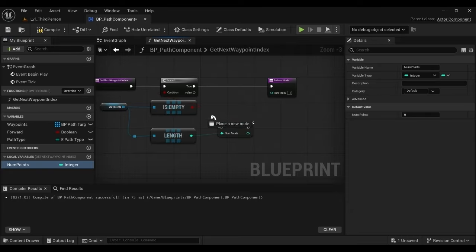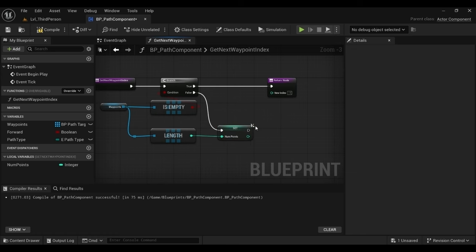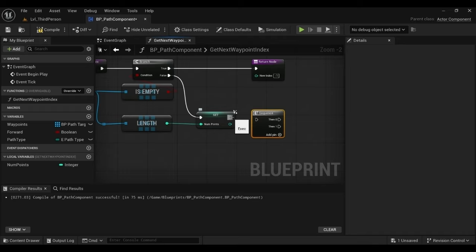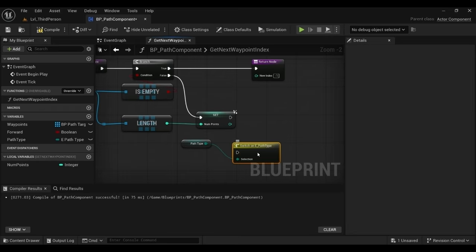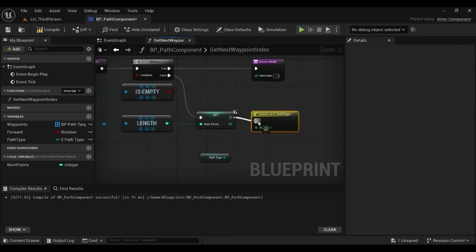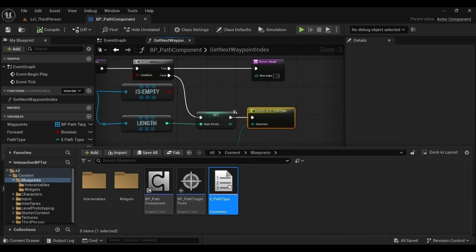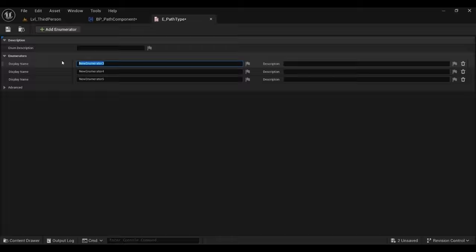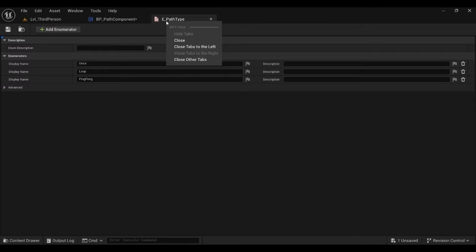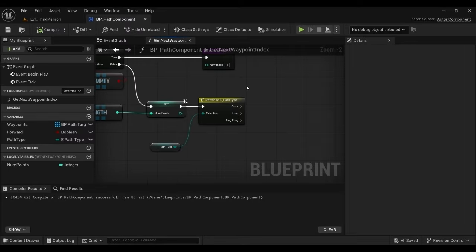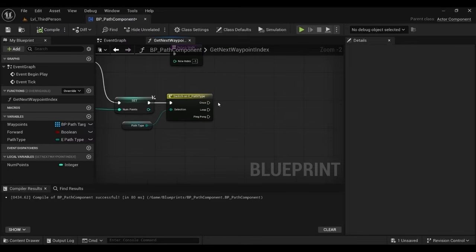Okay, then let's get the path type and make a switch. But right now our path type is empty. So let's add 3 values here. First one is Once, then we have Loop, then we have PingPong. Okay, now for the Once,